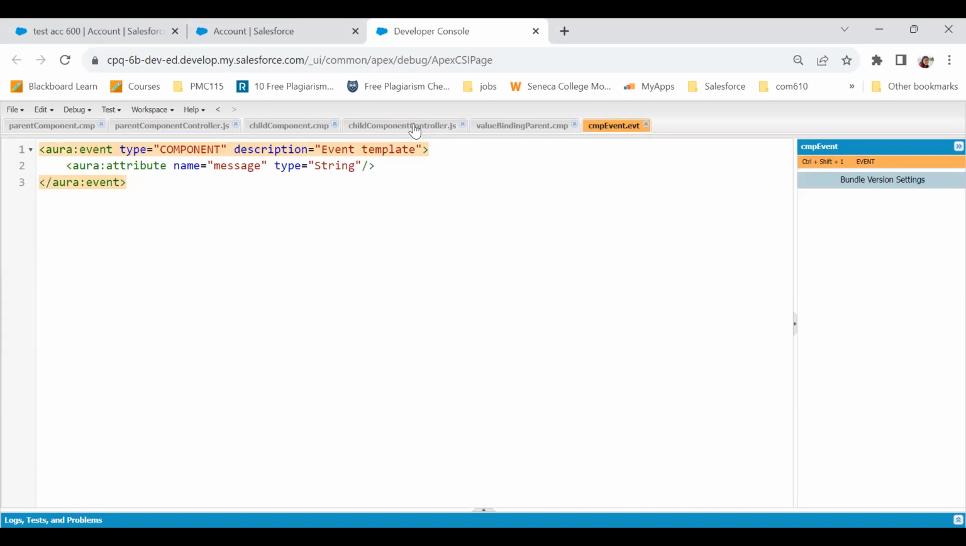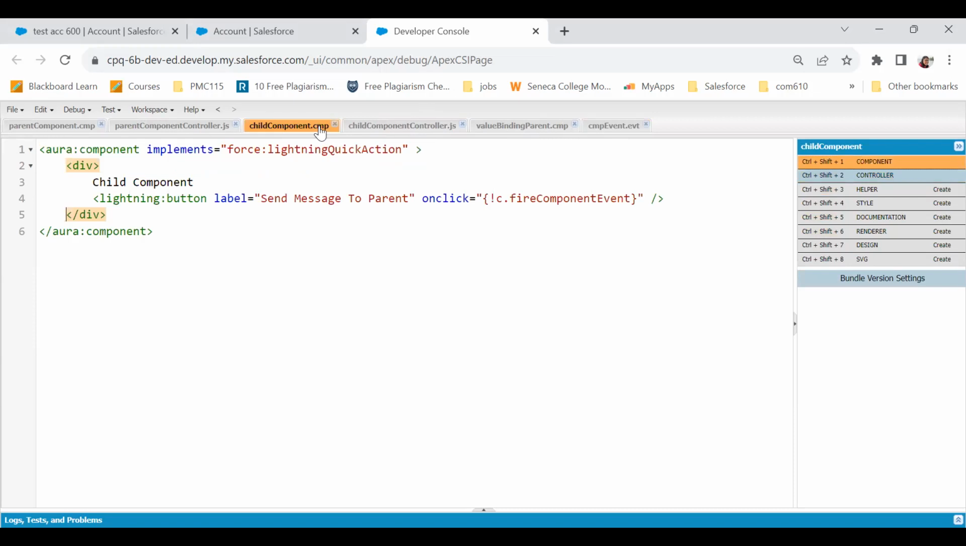For now, just remember that it is going to fire this event. Now, in order to be able to fire this event, we need to register that event in the component which is going to fire that event. So the syntax to register a component event, to be precise,